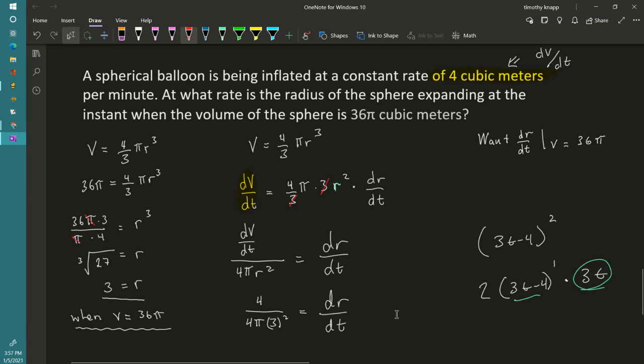Another thing that I see students sometimes do is when they differentiate this V value here, the volume, they oftentimes think that this should be a chain rule, and so they go ahead and write the derivative of V as V times dV/dt. Now that's not the case, remember. This V should not be here. I wrote it as a mistake right now because it does not require